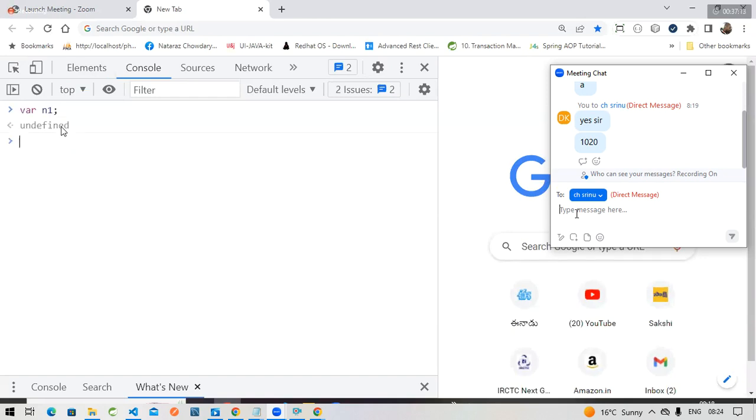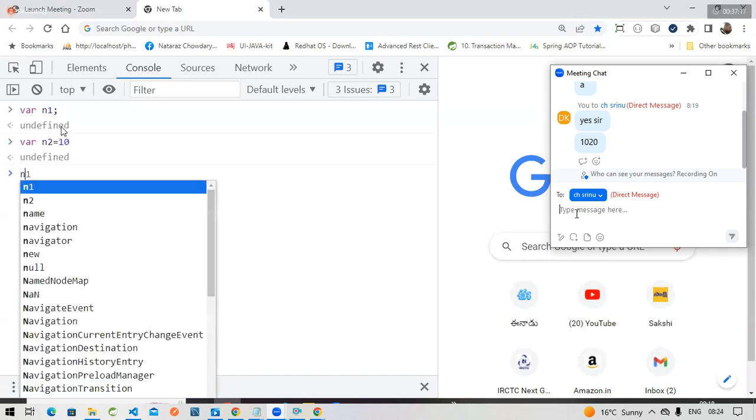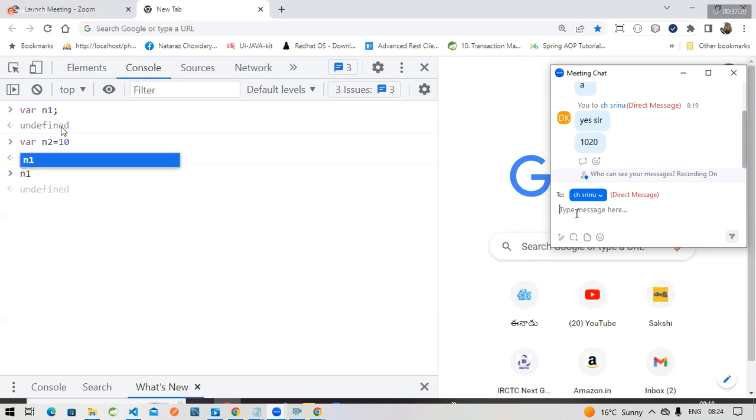Where n1 is this one and n2 is 10. n1 plus n2, see the answer. n1 is undefined and n2 is 10. So undefined plus a number gives me what? NaN, which means not a number. For example, my n2 is like this,